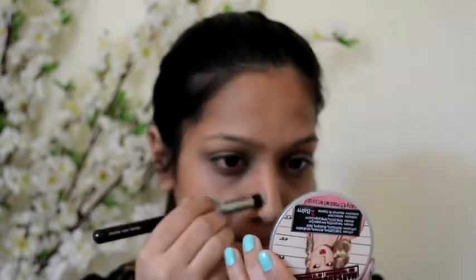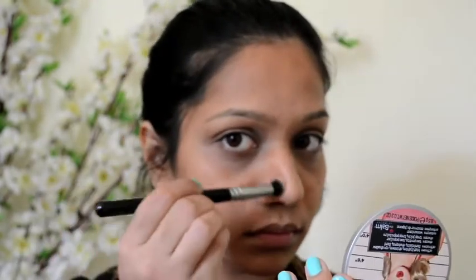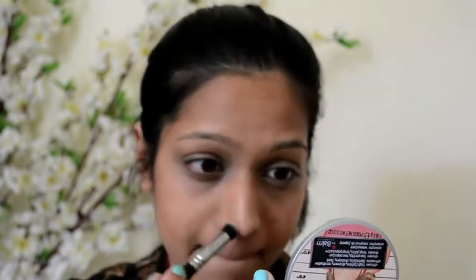I'm blending that. Now using a smaller blending brush, this is from Zoeva, I'm using this brush to blend the contour that I have done on my nose. So I'm blending it, and then